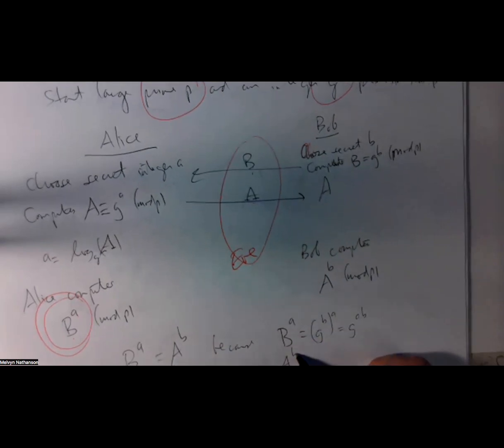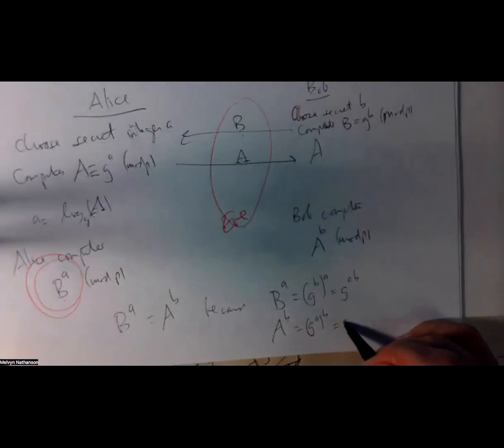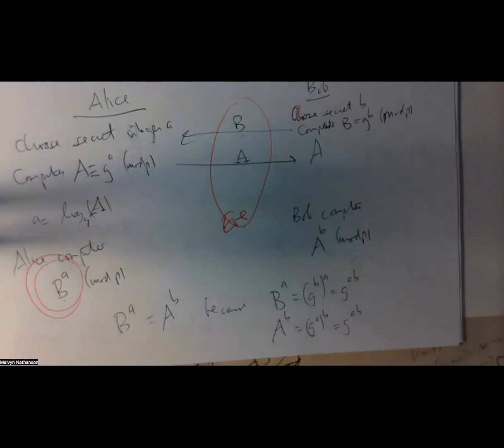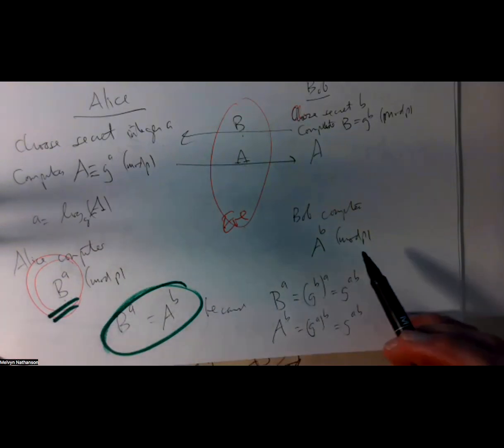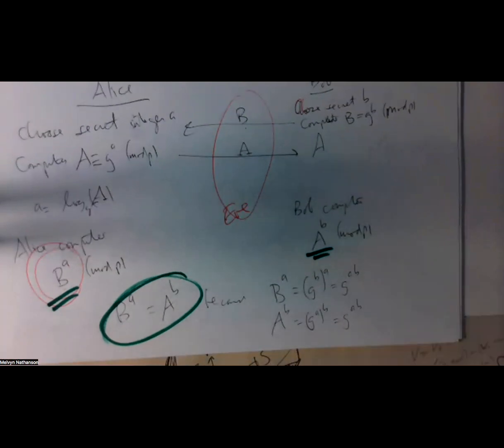And capital A to the b, capital A is G to the little a, raised to the power b, is also G to the ab. So these two numbers are the same. Alice has this number and Bob has the same number. And that can be the key that they use